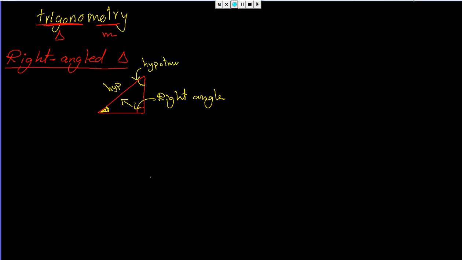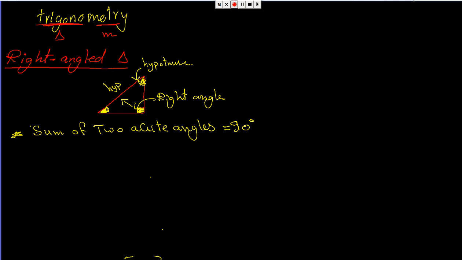We can also say that the sum of the interior angles of any triangle equals 180, and in this triangle the sum of the two acute angles equals 90 degrees. The right angle is 90 degrees, and the other two acute angles together are 90 degrees. Also, we can use